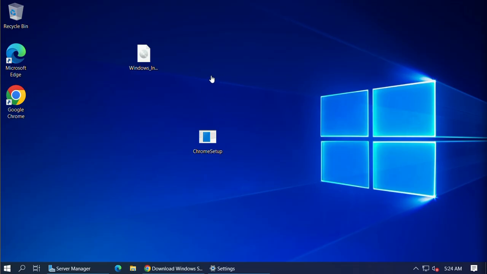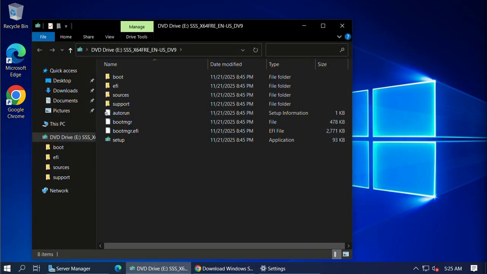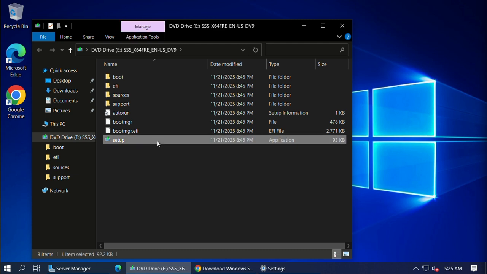After you download the Windows Server 2025 ISO, mount the Windows Server 2025 ISO. So open setup.